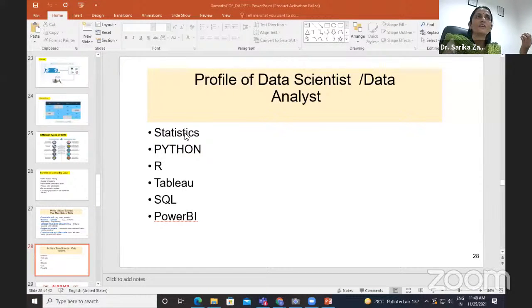Statistics and mathematics you have already studied, only you have to refine the concepts. R is a little bit new, but as it is a programming language, you can easily switch over to R. So this is all about the requirements. Instead of making a buzzword about data scientists and so on, it's not like that. It is a very straightforward process to gain all the knowledge of data science, and while studying all the concepts, whatever you have in data analytics, try to correlate with this.